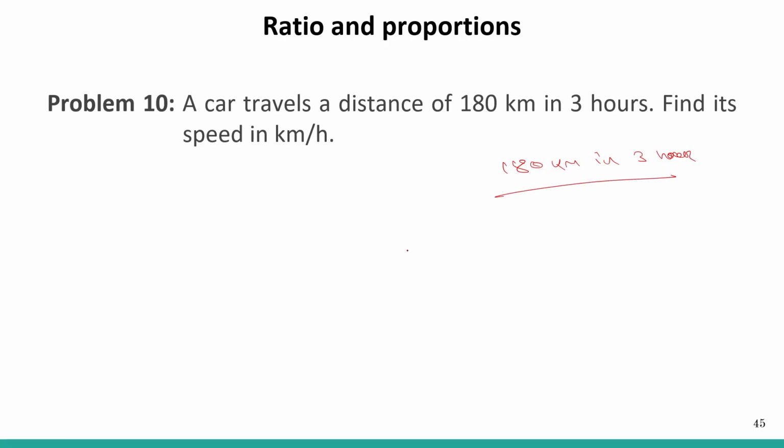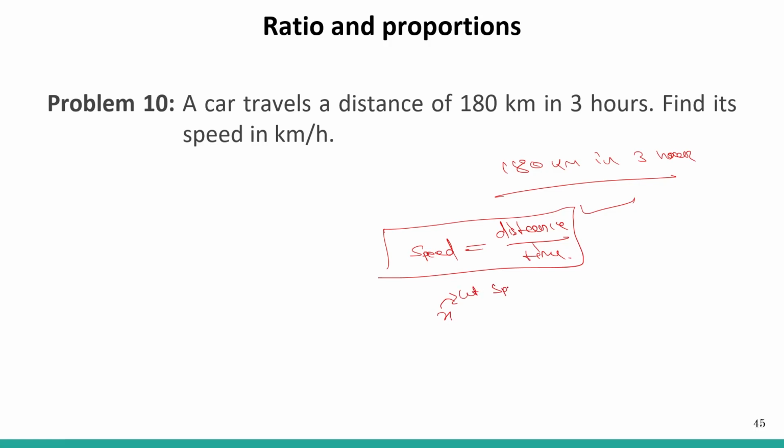We all know the speed and distance formula, that is, speed is equal to distance by time. This is a formula that we have seen time and time again, and we will be seeing it more often. Just remember this formula. It will be very useful for all competitive exams. What we have here is we don't have the speed, so let the speed be x.